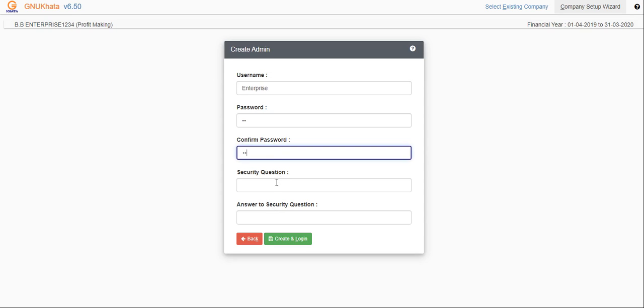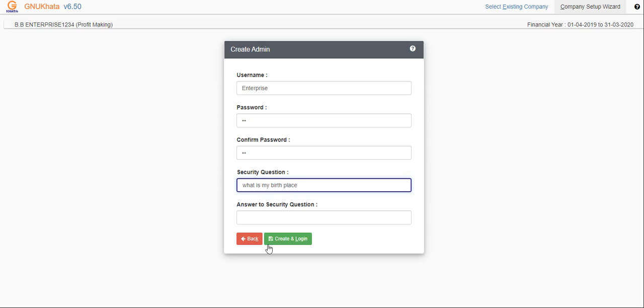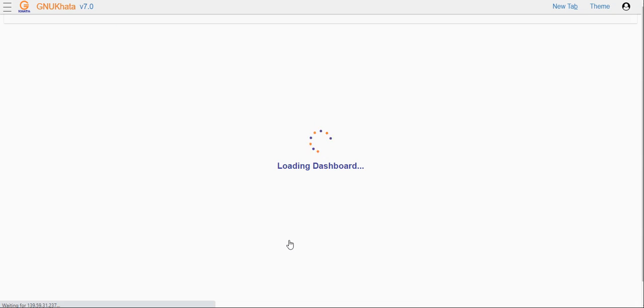My confirm password is AA. The security question is what is my birthplace, and the answer is Pune. The password is AA and the username is enterprise. So we will click on create and login.